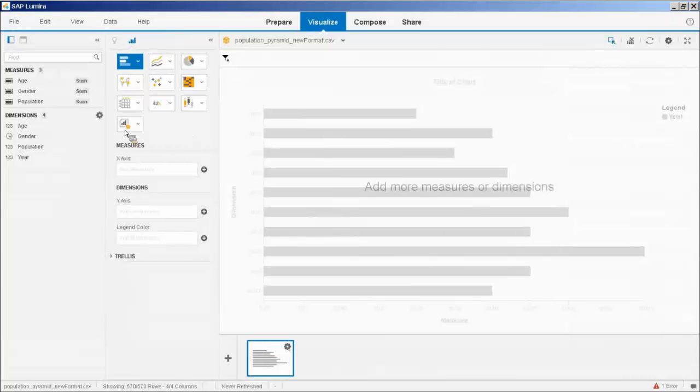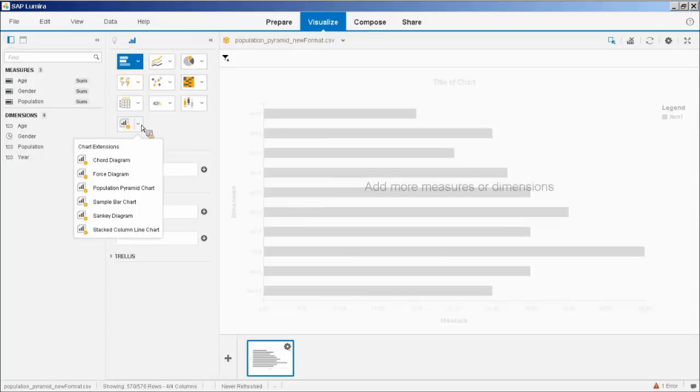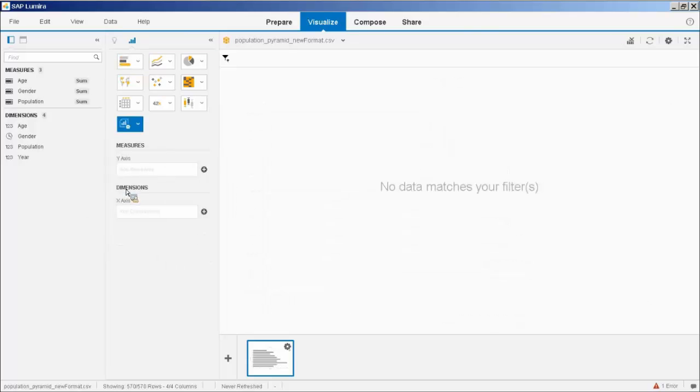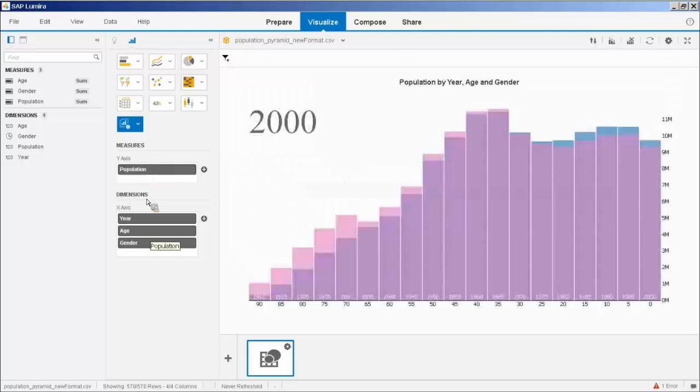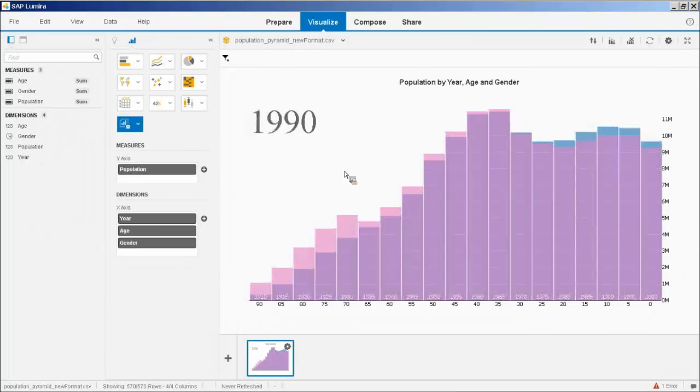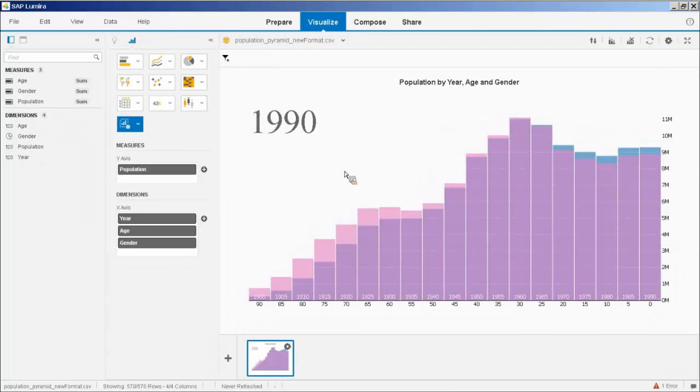And your extension should show up in this group of custom extensions in the Visualize room. So I should choose the population pyramid chart. And I'm going to put year, age, gender as my dimension, and population as my measure. So you can see that the chart is rendering fine in Lumira, and I can also click on or press